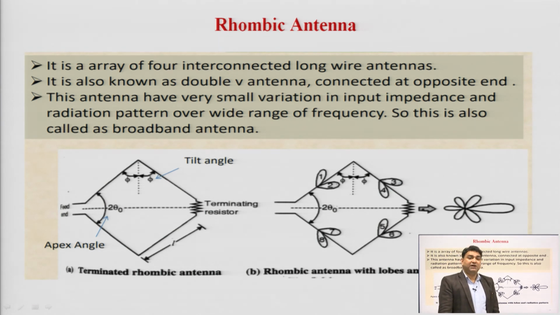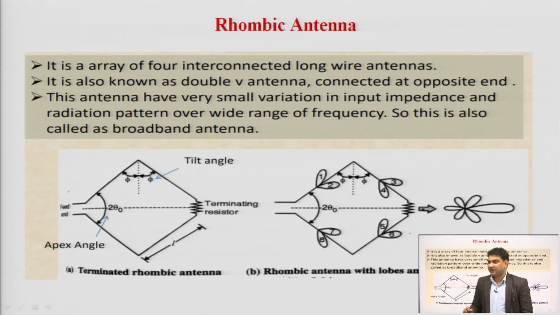A very important variation of the long wire antenna is termed the rhombic antenna. The rhombic antenna is also known as the diamond antenna, because the shape of this antenna is like a diamond. This rhombic antenna has the shape of a rhombus, and a rhombus has 4 wires, and these 4 wires are attached to each other like this,